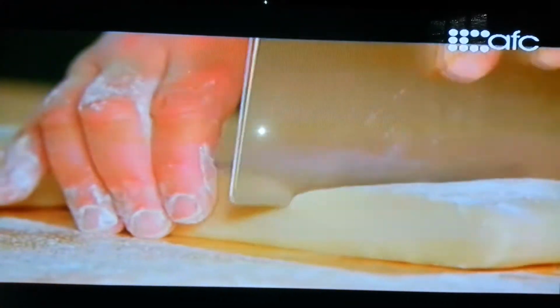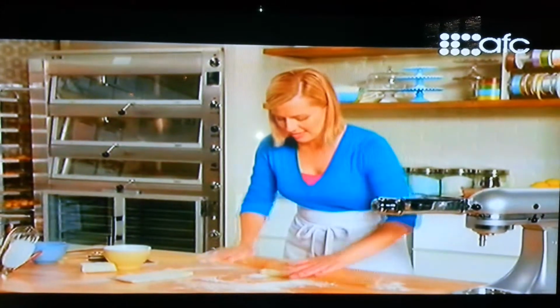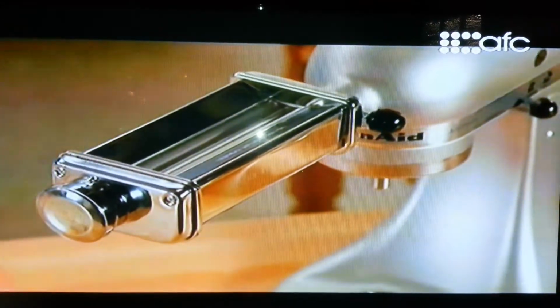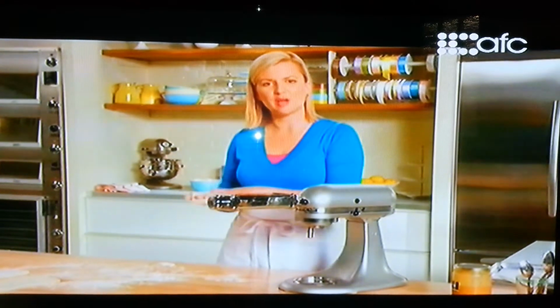This is about 500 grams of puff pastry, and I'm going to cut it first into 3 pieces and roll this out to a piece about 4 by 8 inches. What's key in rolling Napoleon is that you have consistent layers. And I have discovered you can use your pasta roller and you get that precise, perfect rolling of puff pastry